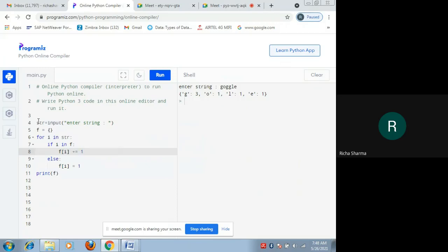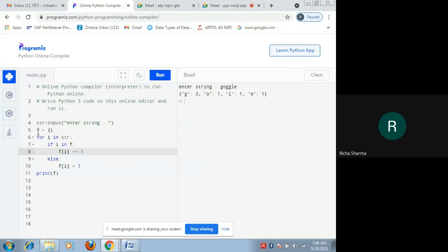In step number 5, we are creating a dictionary here, with the syntax that we have discussed. So f is declared as a dictionary and is equal to curly braces. After executing this instruction, Python will create a dictionary named f.